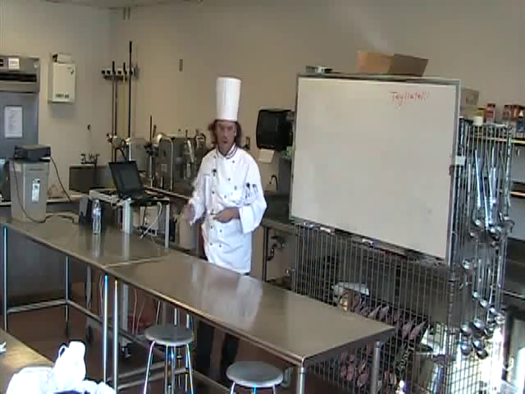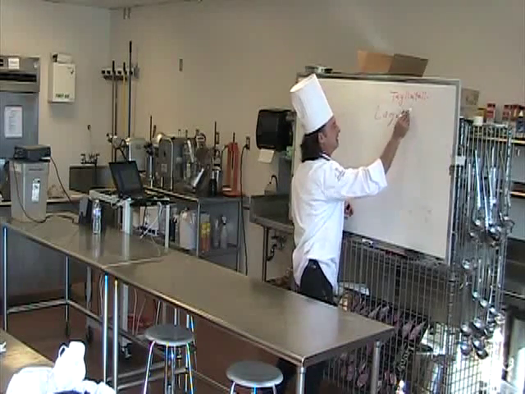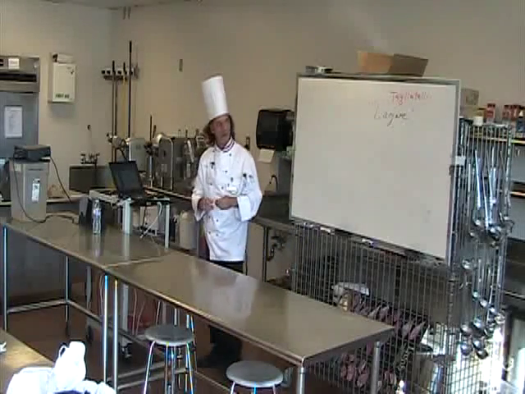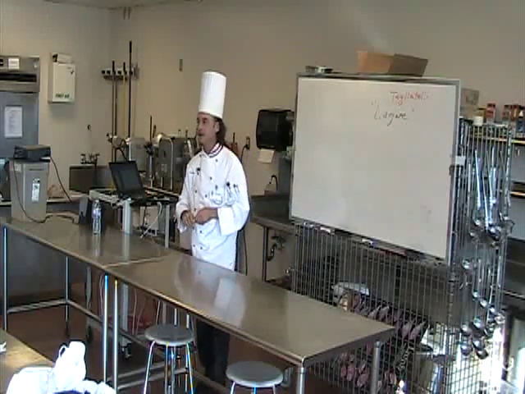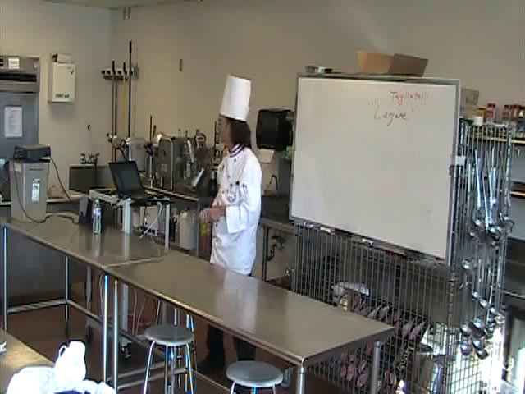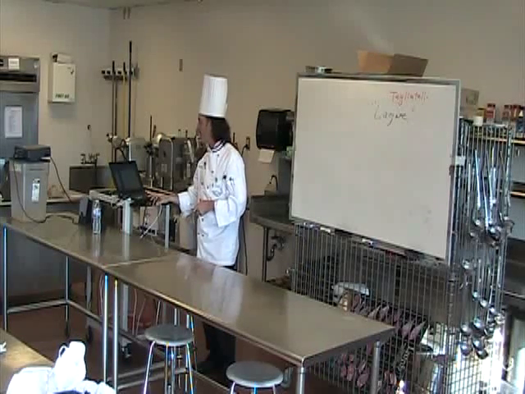The first Roman noodle was called lagane. Lagane was a Roman noodle way back when. What word does that look similar to? Lasagna, sure. So you start to see the derivation of some of these words. It was the early origin of lasagna, and it was common in the 1st century.